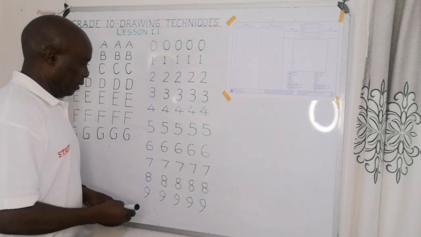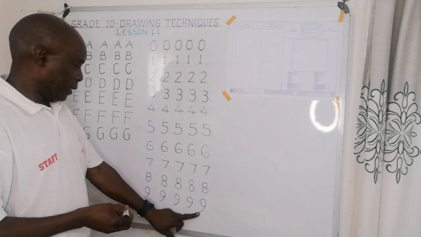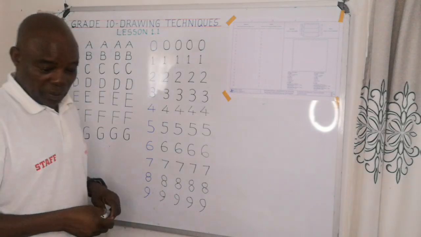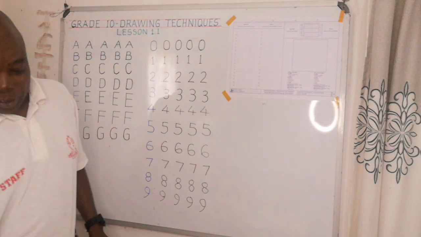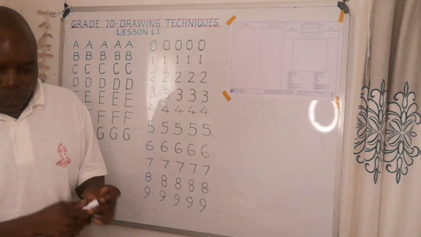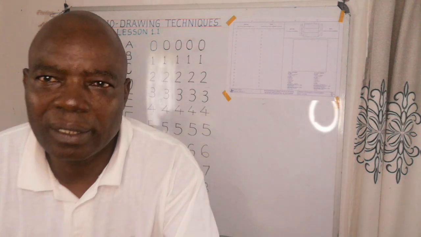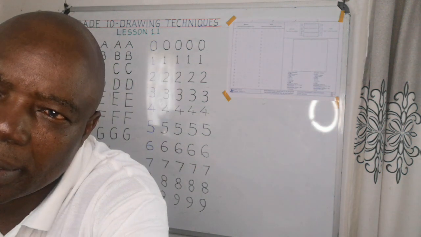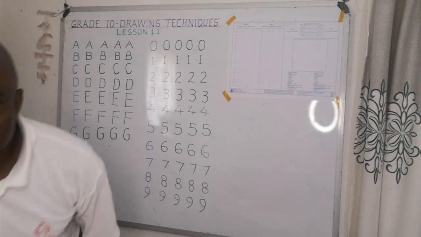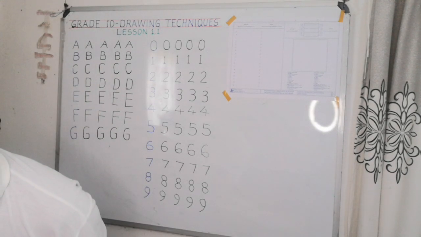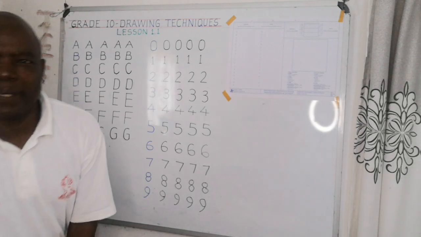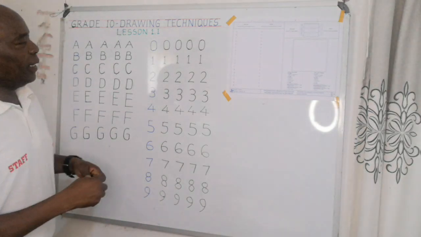Any other number that you might want to write is just those 10 numerals. Right. So in short, that's how we do printing. And then we come to line types. Right. Now coming to the line type,